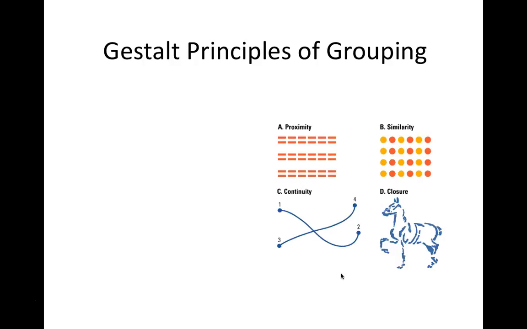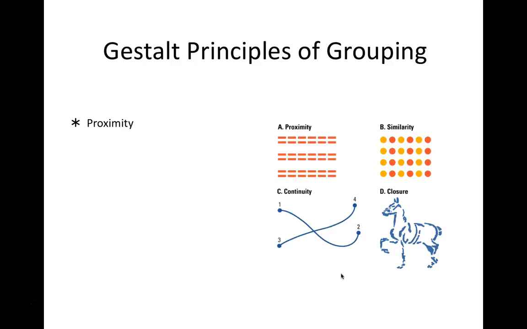Gestalt principles of grouping. So Gestalt came from a school of psychology known as the Gestalt School of Psychology, which was very focused on the idea that the whole is different than the sum of the parts. You've heard that expression before, I'm sure. Some of the Gestalt principles that fall out of that, and that they researched in studies of vision and sensation and perception, are